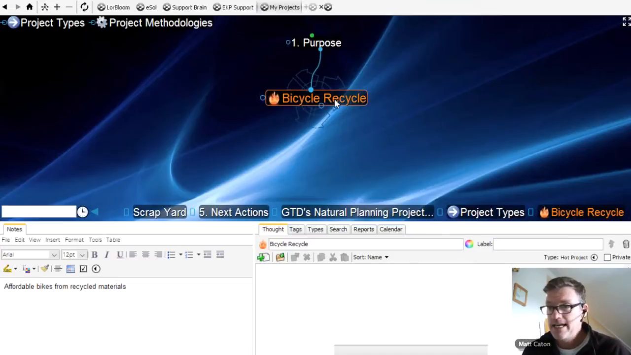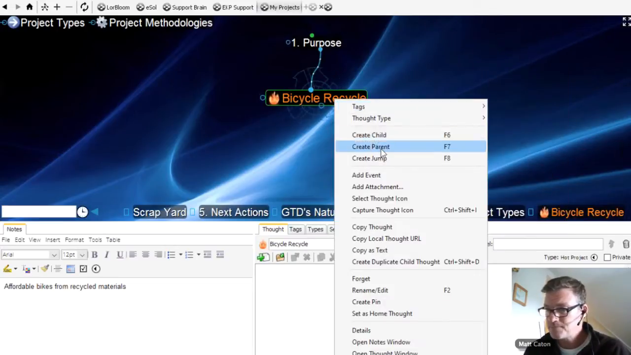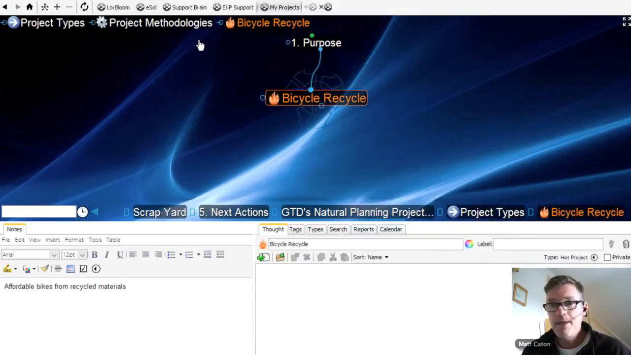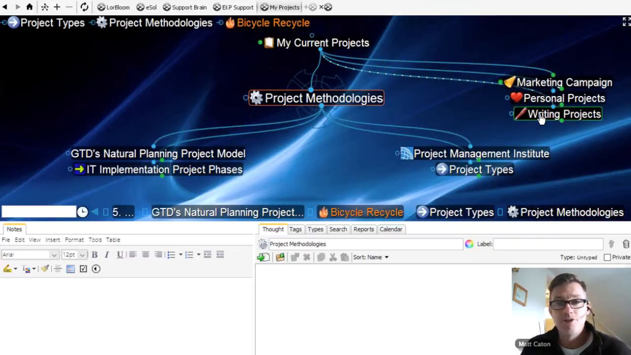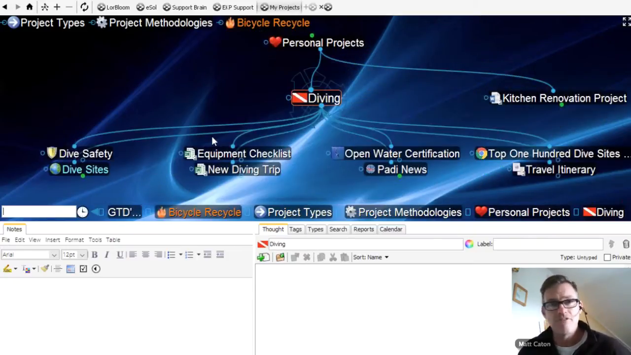So I'm going to right click on the thought and select to create a pin. A pin is really just a nice shortcut to a specific thought in your brain. Quite often we're working on more than one project at a time. Some have our focus and some are supposedly on the back burner, so to speak. But this bicycle recycle is a project that I'm really focused on right now. So let's say I'm working in a different area of my brain, thinking about my upcoming scuba trip, but I receive a phone call from Patrick. He's got some great information about bicycle recycle,